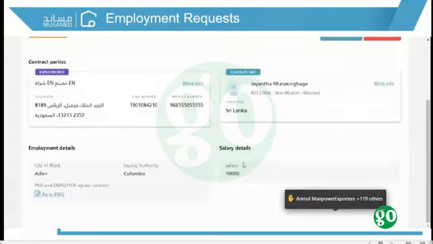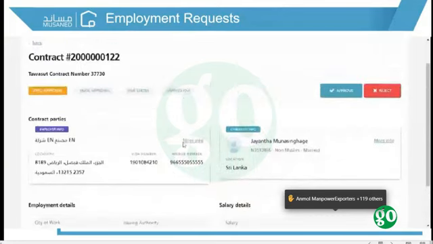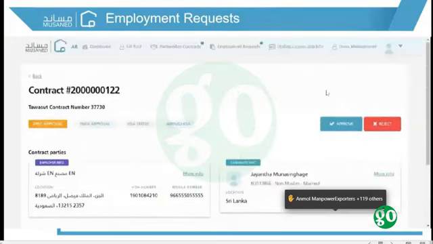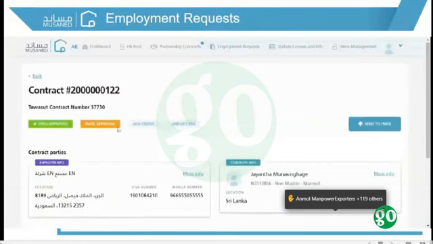A user can now, after taking a look at all the contract details, take an action for this pending contract by either approving the contract or rejecting it. If user clicks on reject button, then the contract status would turn to rejected. And if the user clicks on the approve button, user should be able to upload the signed contract by the EPRO and the candidate. If user uploads the contract, then the status would turn to EPRO approved.